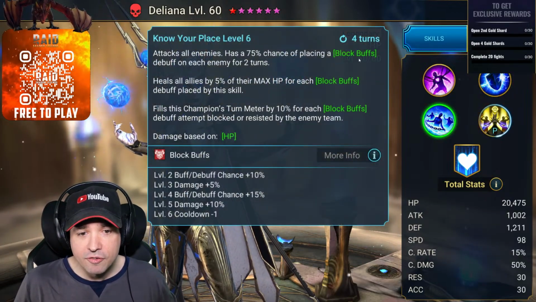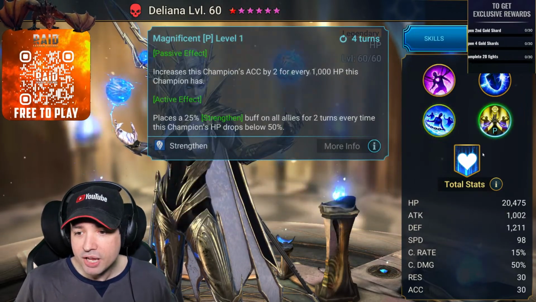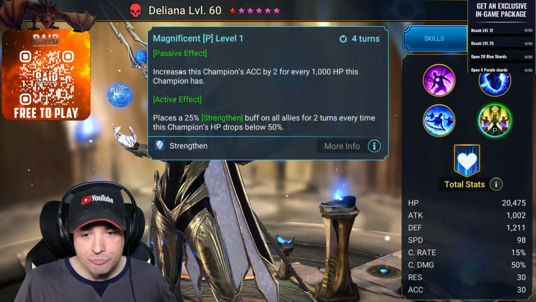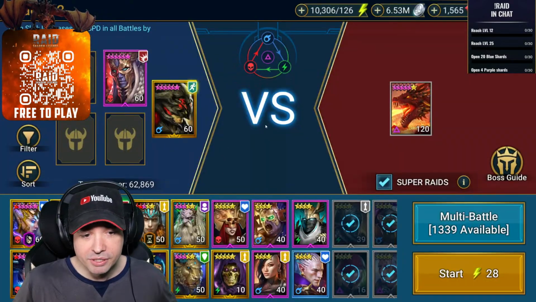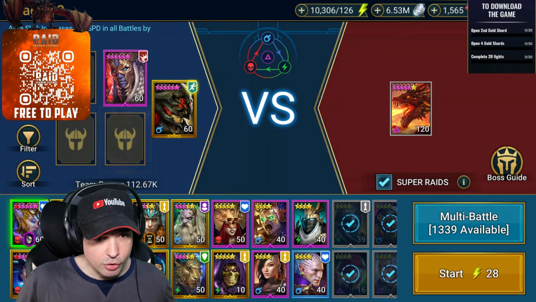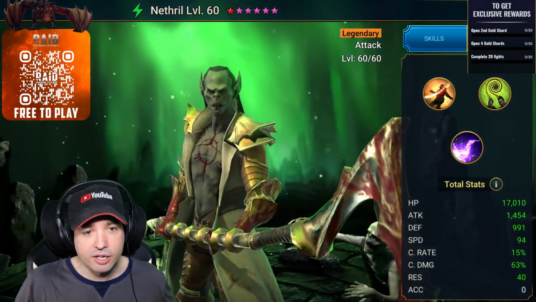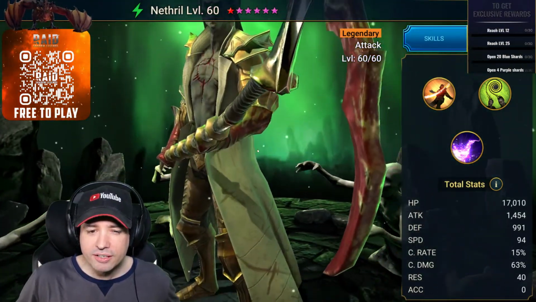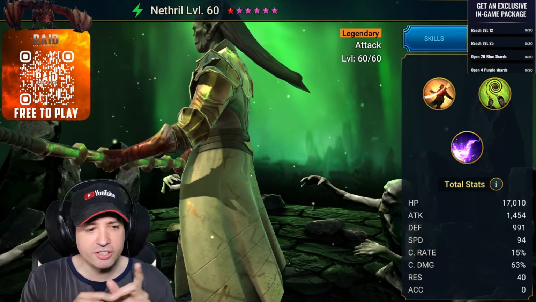And then she has a lot of block buffs here. Again, block buffs with all attacking enemies. And she also has an aura skill I'm not using now. And she increases champions' accuracy. So a super awesome hero for area splash damage. So we're going with Deliana, and then I need more damage, and that's where Nethril comes in. He is a damage dealer, he's a nuker against bosses mostly,